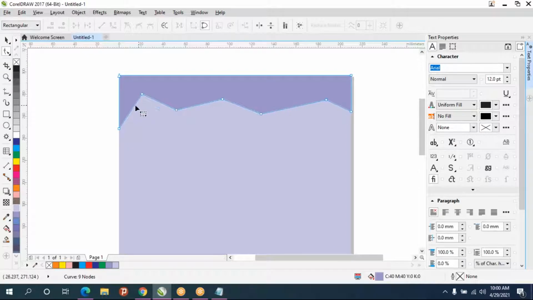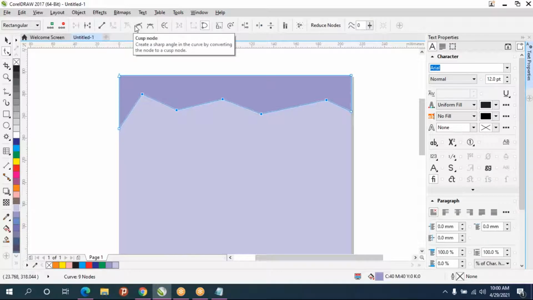And always these points you can convert to curves if it is required. Select the points. See, convert to curve. In the property bar also it will be there. Just click on that. So it has been converted to curve. And next to that you'll be having cusp node, smooth node, and symmetrical node.